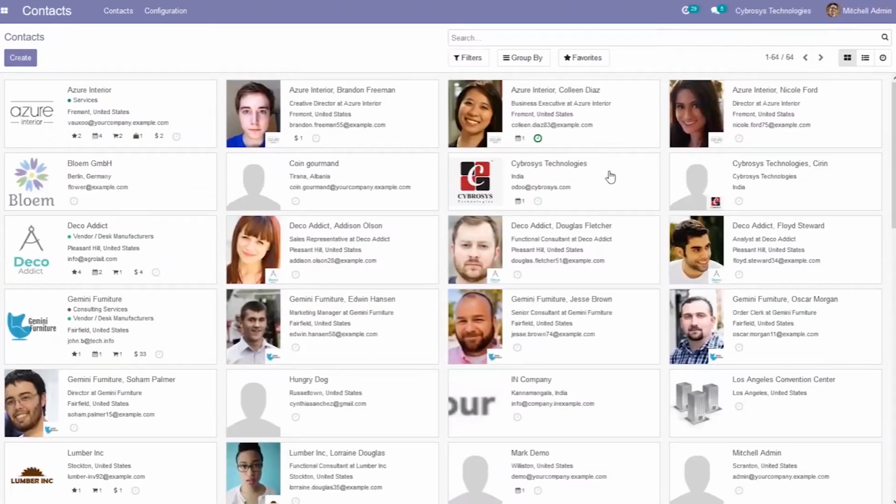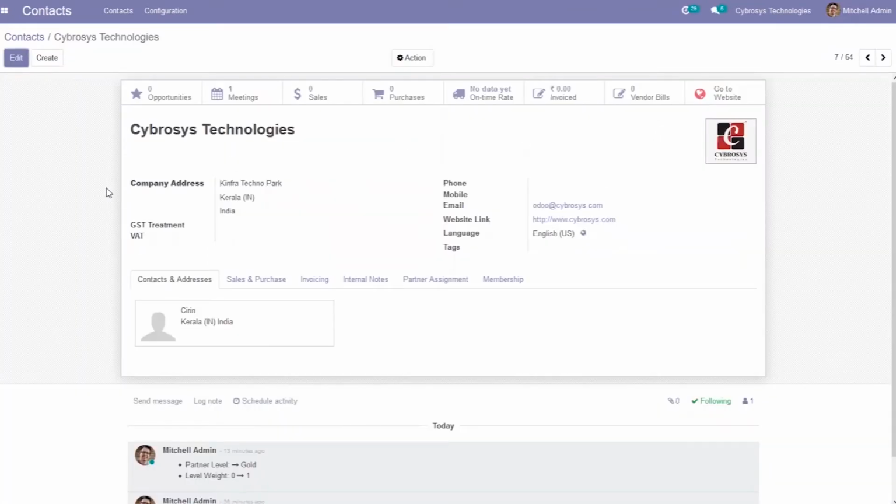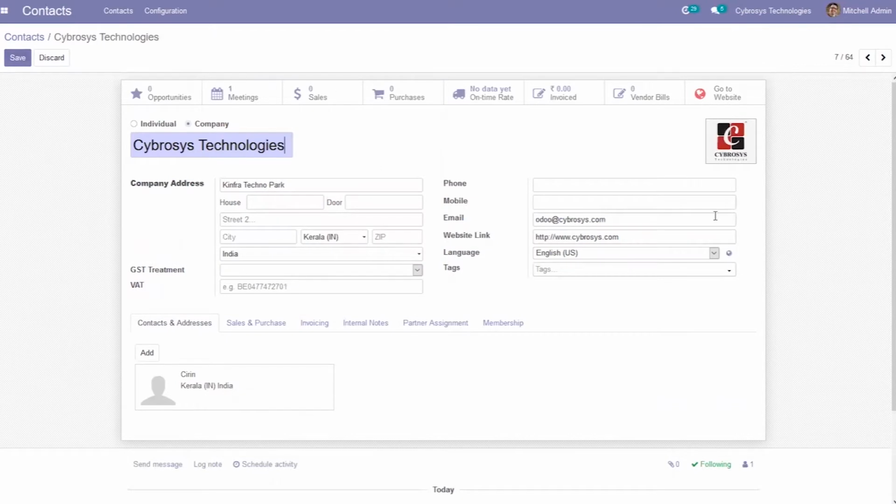So here we have our company, Cyberoffice Technologies, and when you edit this, you can change the details set on this company. When you're creating a contact, you have to choose whether you're creating an individual or a company.